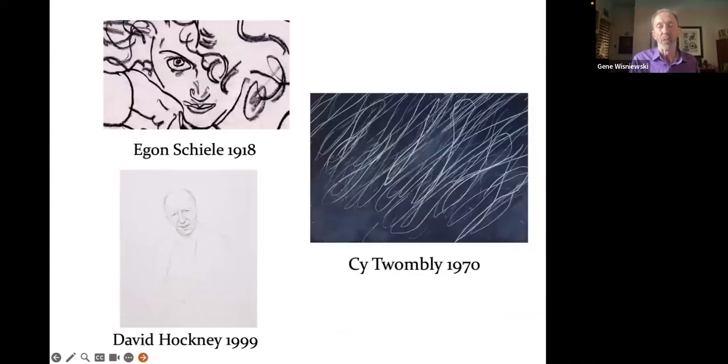Line does not really exist, but it's probably the most immediate thing in art. You need a pencil and your hand. Early cave paintings were not paintings, they were drawings that were colored in. And this is where you really get the feeling of what I was calling the gesture before, where you really can feel the artist. Egon Schiele's line is very aggressive, very bold,